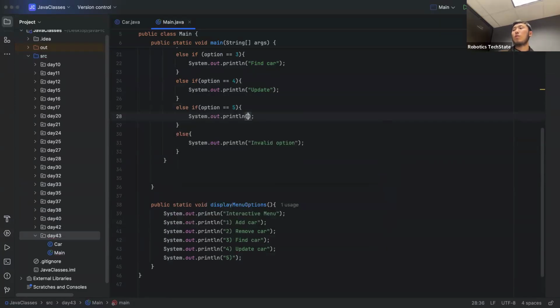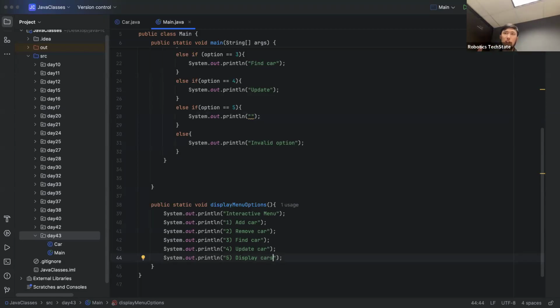What could be for option 5? We have add car, remove car, find car, update. But if you would like to see whether it works or not, what do we need? Check. It could be called